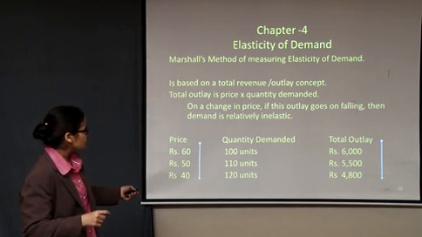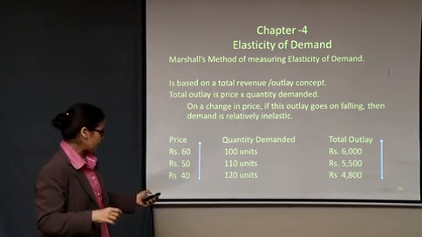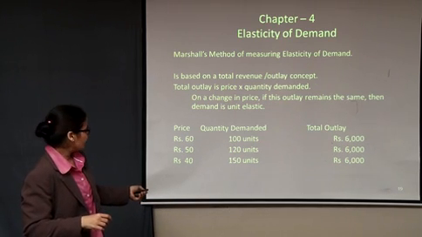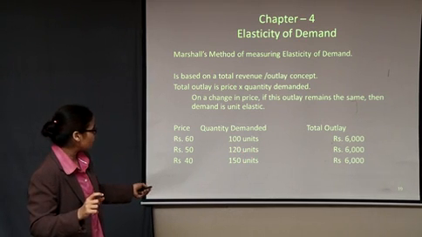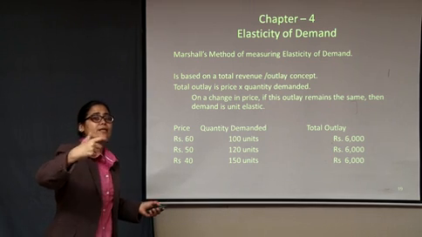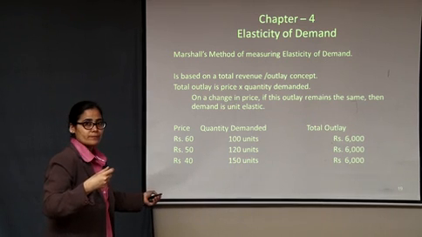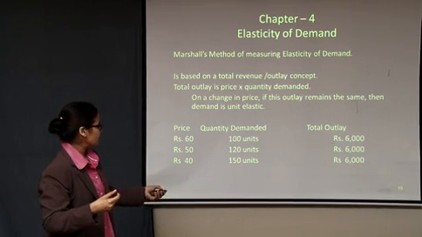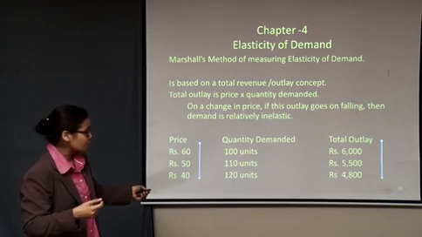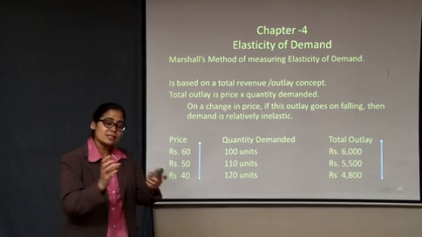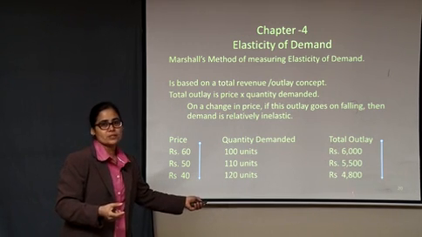It is because if you see, the change in quantity demanded is less. Let me take you to the previous slide. See here, the change in the quantity demanded is from 100 to 120, from 120 to 150, that is, the proportionate change in demand. Now let me take you to the slide which I was discussing. See, this change in proportion is less. That means demand is increasing but by a smaller proportion. Therefore, total expenditure is coming down.